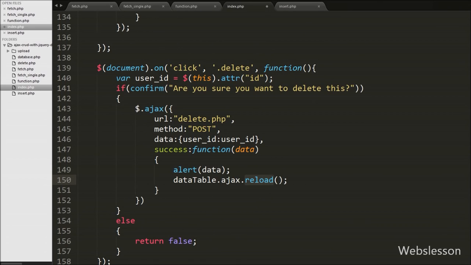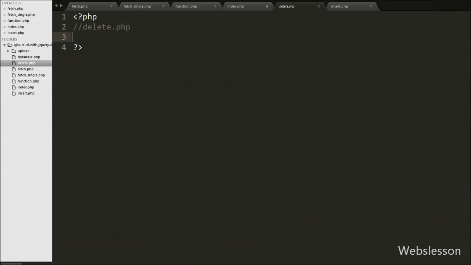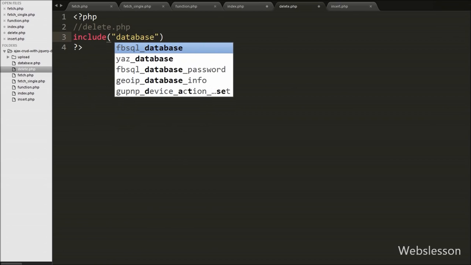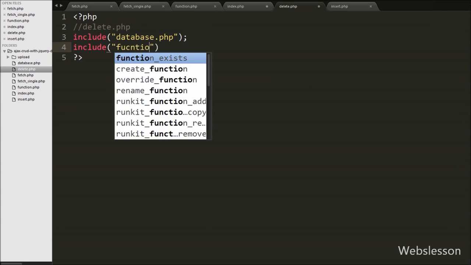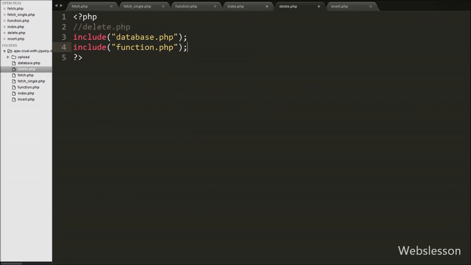Now we move on to write PHP code on the delete.php page. On this page we have written an include statement. We have included the database connection file and the function.php file in this page. Here, first we have written an if statement with the isset function with the $_POST["user_id"] variable. This condition will check if the value of the $_POST["user_id"] variable is set, then it will execute the if block of